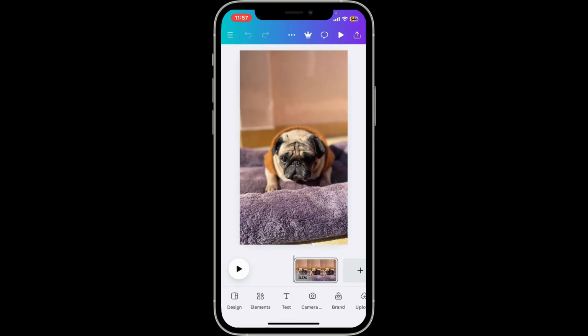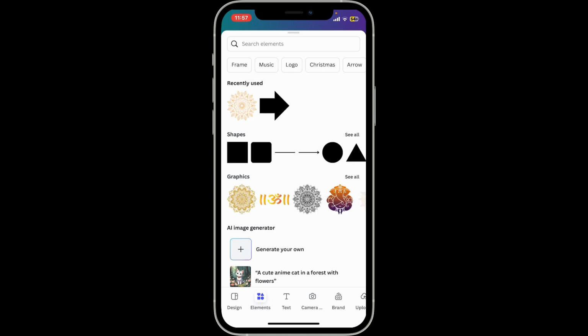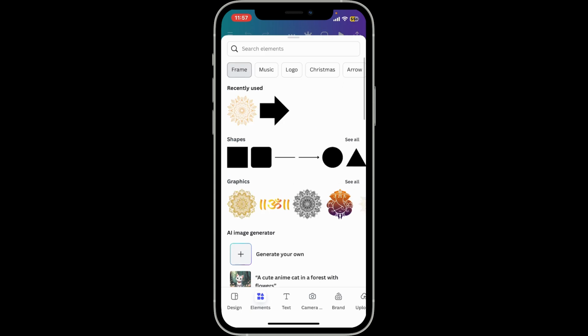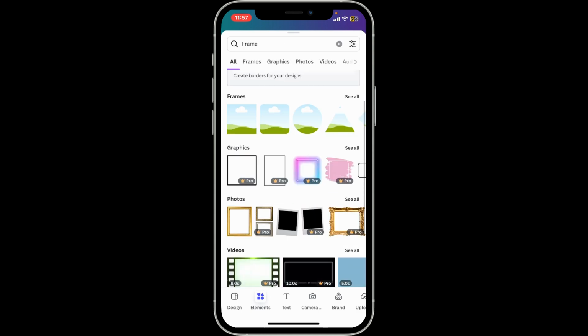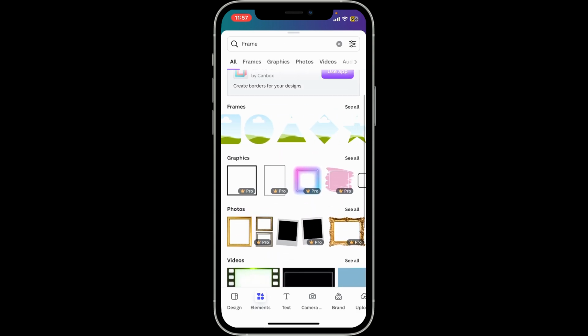Now if you want to add a border onto this project over here, simply go ahead and choose the element option, which is located at the bottom of the screen. Inside the element, look for the frame option at the top, or you can also type in frame in the search box. From the list of frames appearing on the screen, choose the one you'd like to add onto your